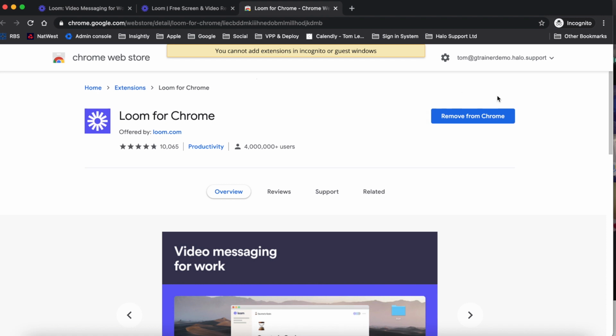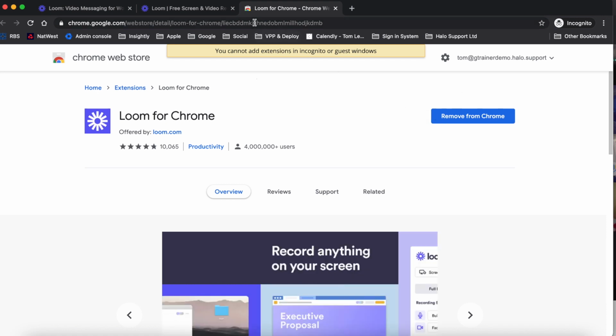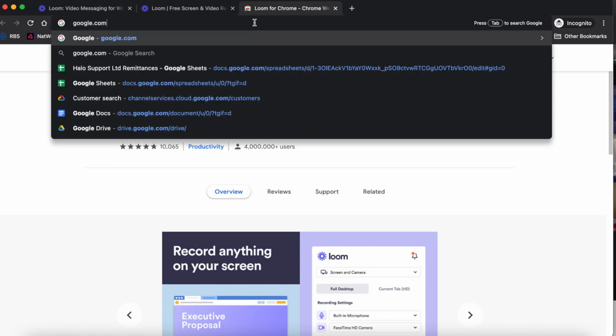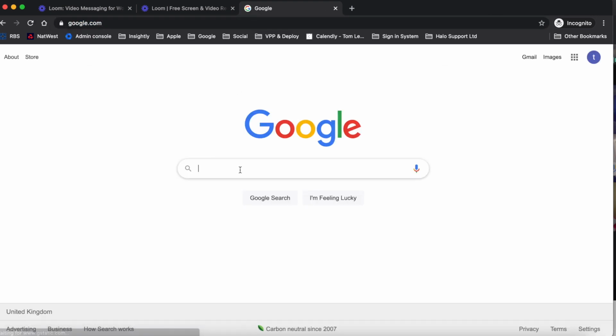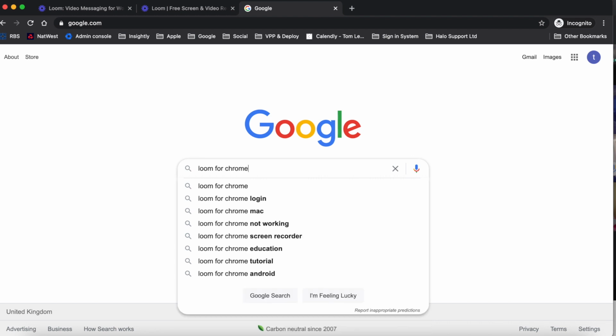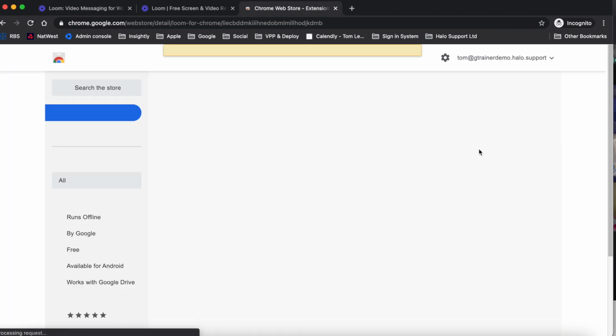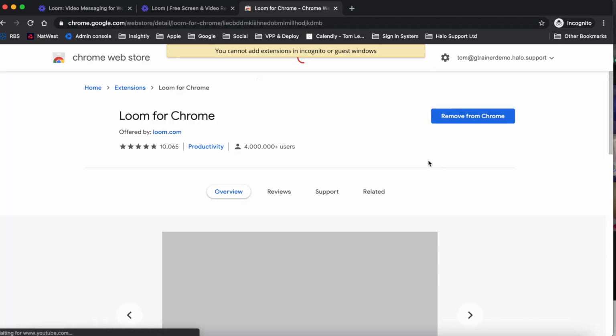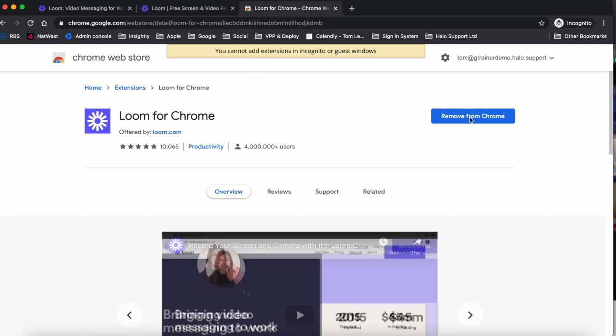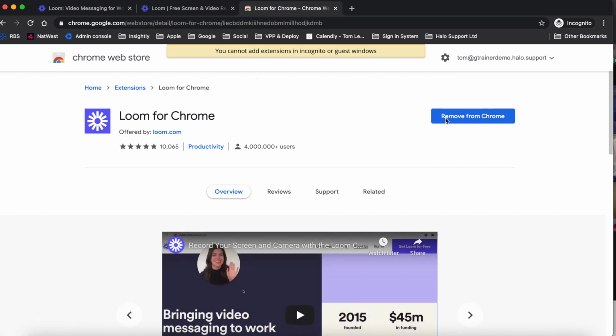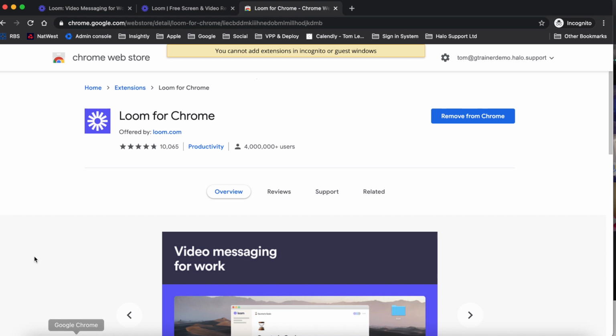Now if you've already gone through the sign up process, you can just go to Google and type in Loom for Chrome. And the top result is going to take you to the Loom extension for you to add, and I'll explain extensions in a second. But when you type it in, it'll say add rather than remove. I've already got it. So you click on add to Chrome. It'll maybe give you one or two pop-ups. You just accept the pop-ups, and what it'll do is, if I can close all of this down,